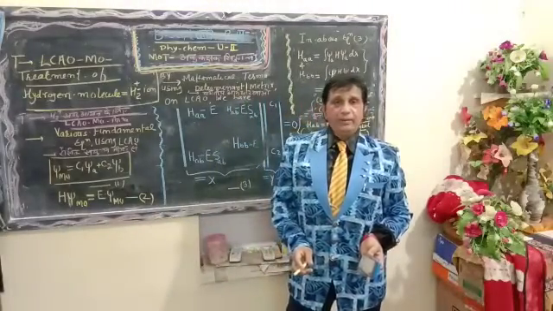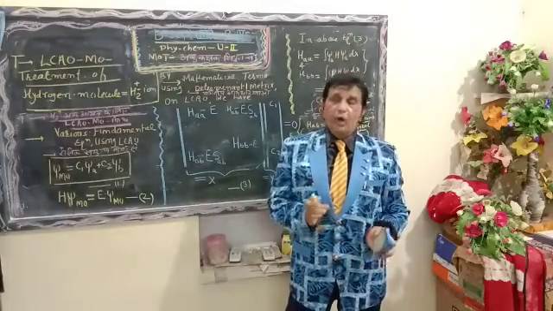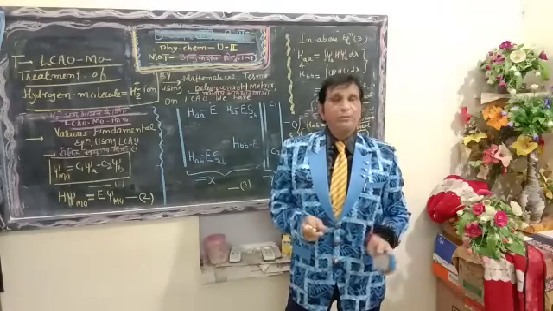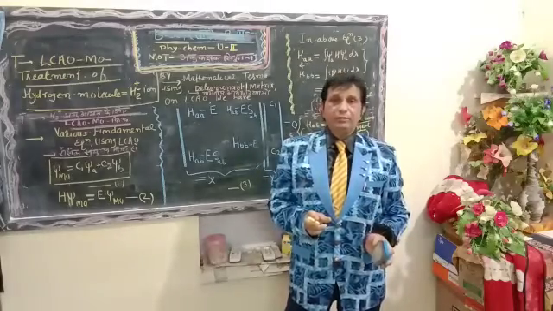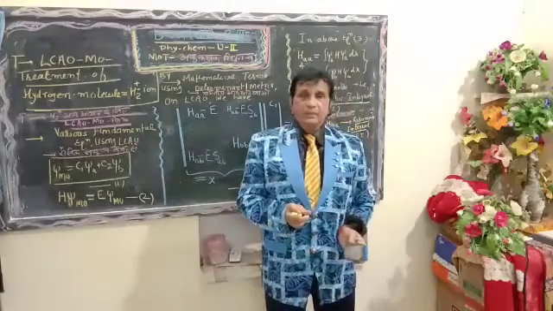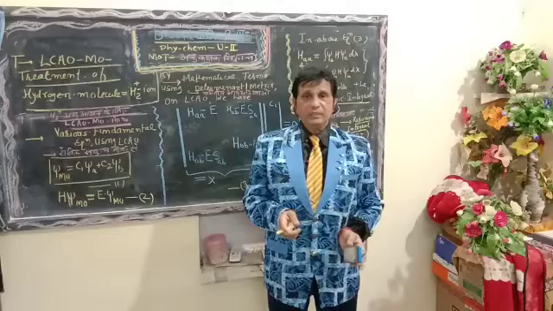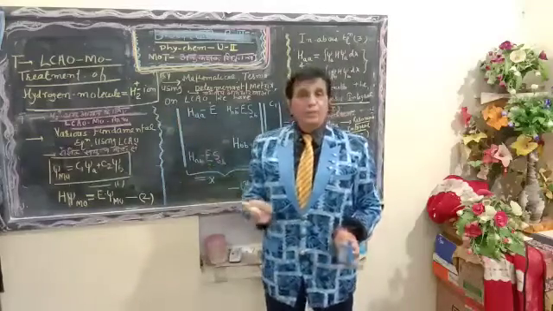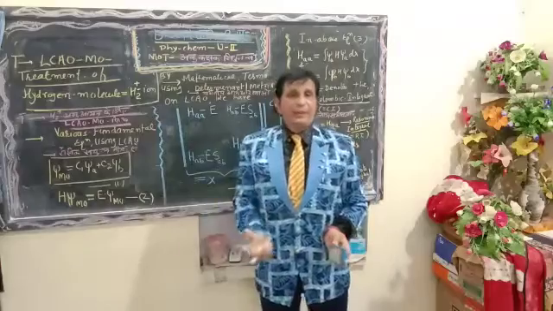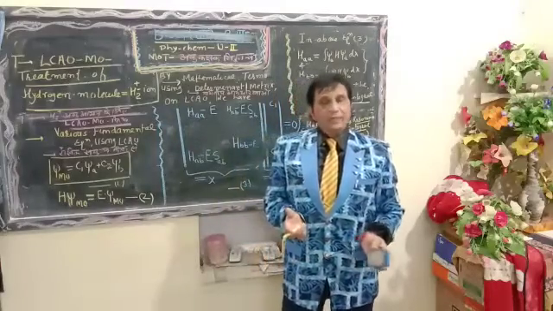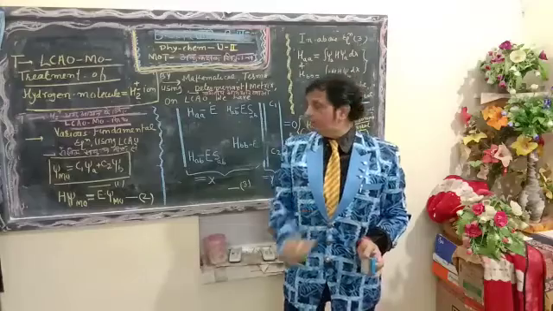Dear students, we will apply the LCAO treatment on the hydrogen molecule ion, and after the operation of LCAO treatment we will calculate the various important quantum mechanical values: energy for both symmetric and antisymmetric conditions, wave function for both bonding and antibonding conditions, and the mixing coefficients C1 and C2. Finally, a simple schematic quantum mechanical diagram will be produced for the bonding and antibonding molecular orbitals.